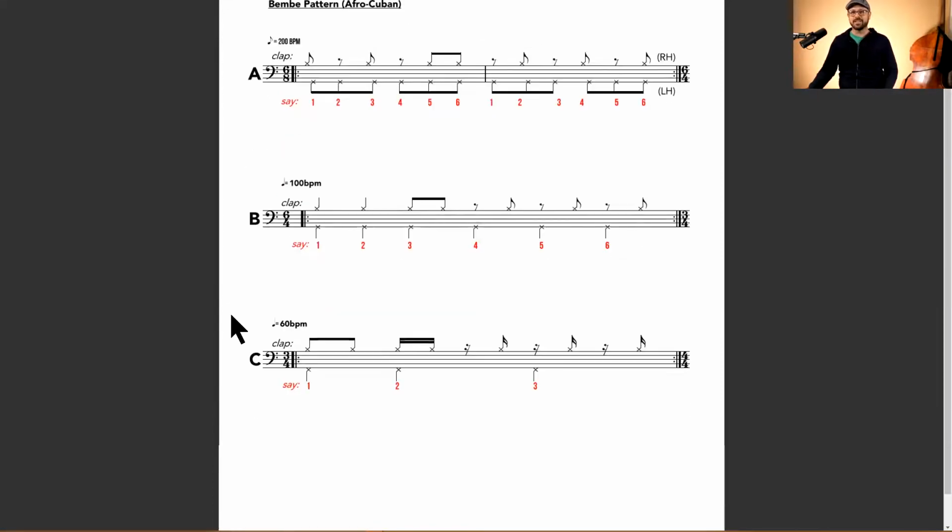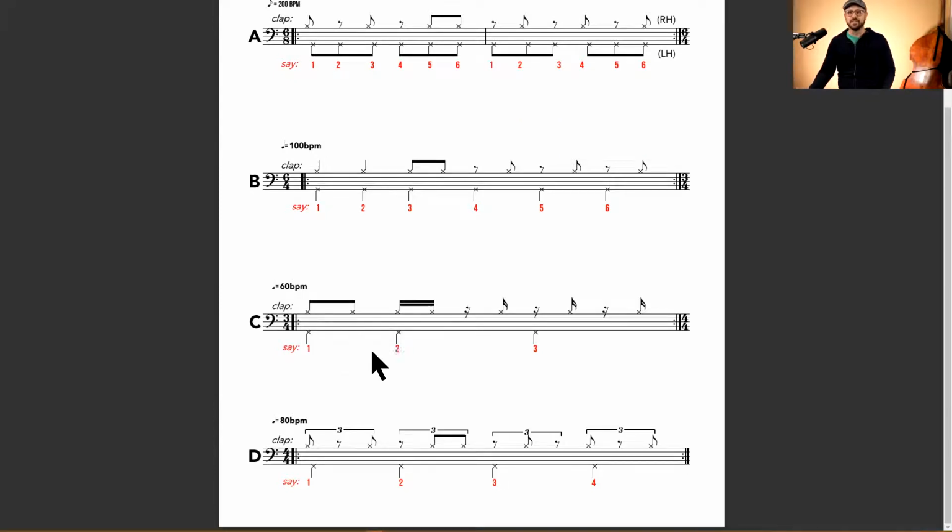So let's think about this now. Let's get into the letter C. So we're going to halve our underlying pulse. Okay? Of course, this was in 6: 1, 2, 3, 4, 5, 6. We're going to divide that in half, and we'll end up with longer notes, going 3, 4. And it's just going to feel like this. So instead of it being